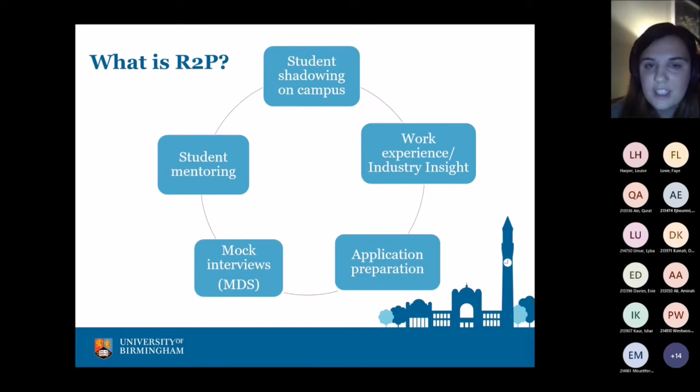So you'll get to shadow a current student on campus, so you'll get to see for yourself the life of a medical student, and they'll also help you get some work experience and some insight into the medical field. You'll also get help with your applications, so this can be your personal statement, but also the UCAT and the BMAT as well. Like I said, you'll have mock interviews as well, and throughout this whole process you'll have a